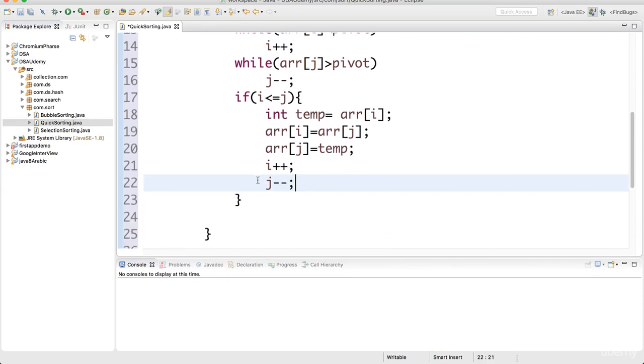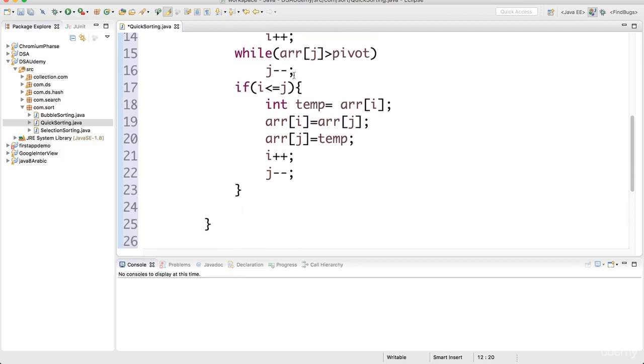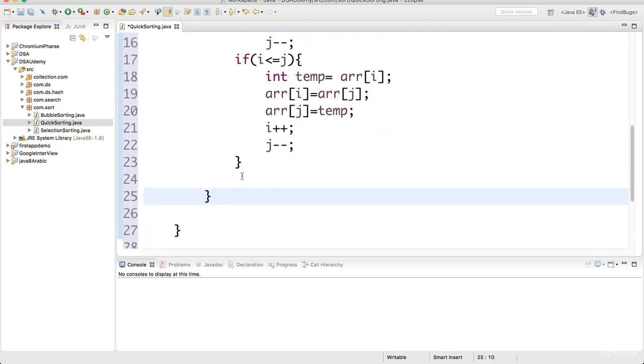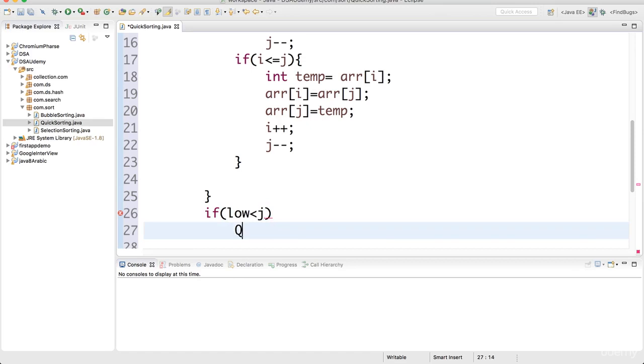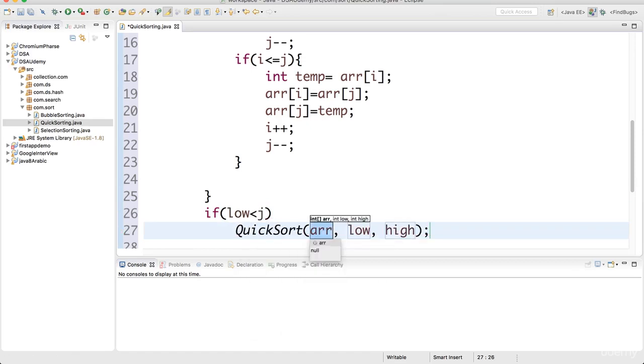I say yes. I just finished this loop, this while loop. Hopefully this one, yeah, here you go. This is the while loop. So I'm done with the while loop. Let me say, okay, if low is less than j, that means do backtracking. That means take the left side, say quicksort, the method name, send it the array and send it the low, with